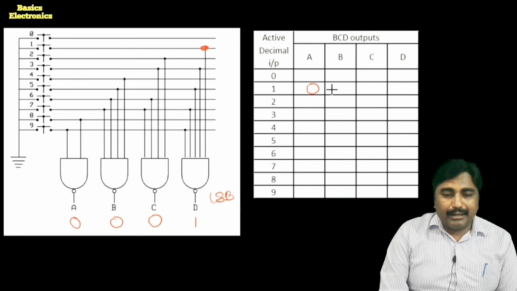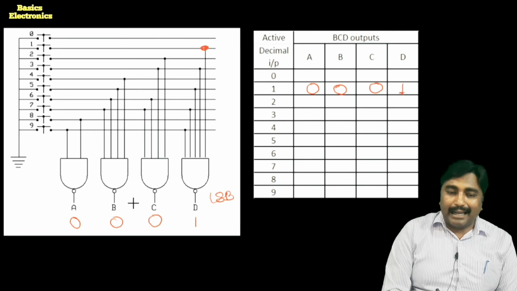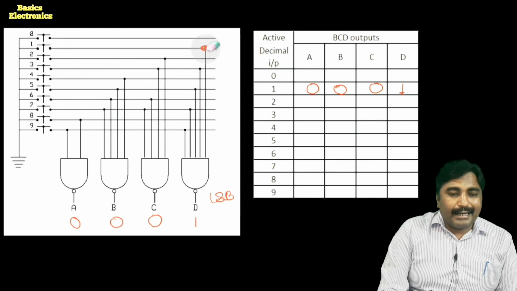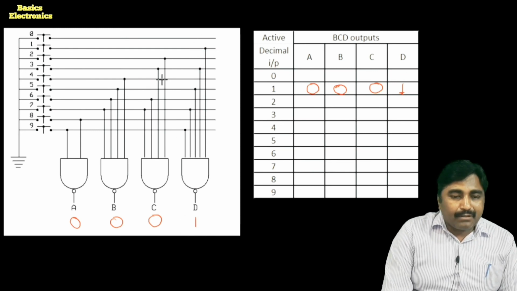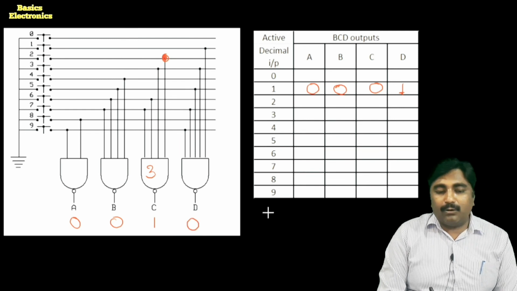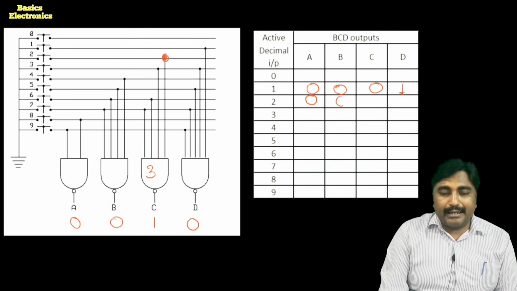Okay, so here we get the output A is 0, B is 0, C is 0, only D is equal to 1. The second number we consider, the second gate is connected. Where is it connected? It is connected to only the C gate, the third gate having the output C. So here the output of this particular gate, C gate, is equal to 1 and the remaining gate outputs are equal to 0. So we get here 0, 0, 1 and 0.